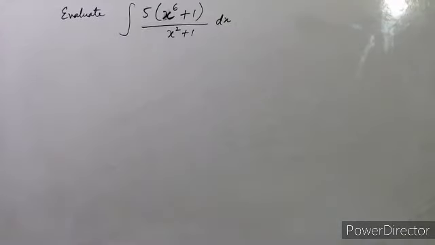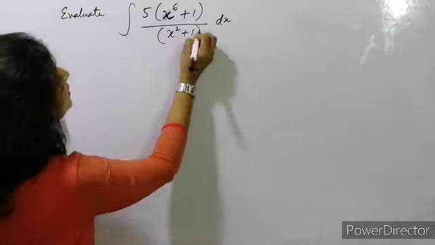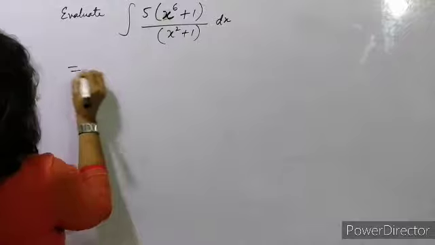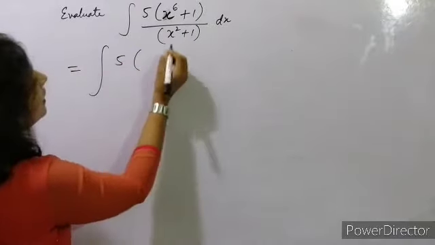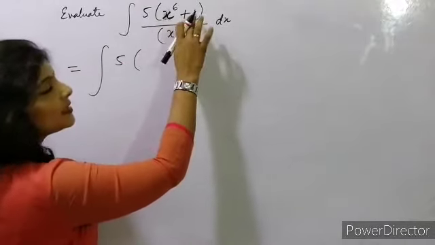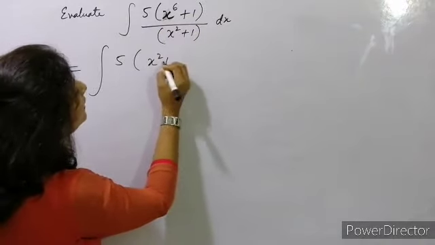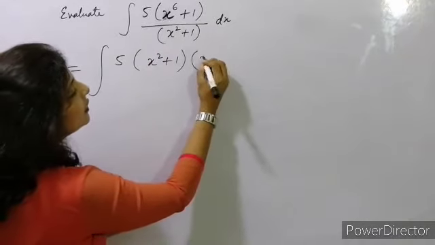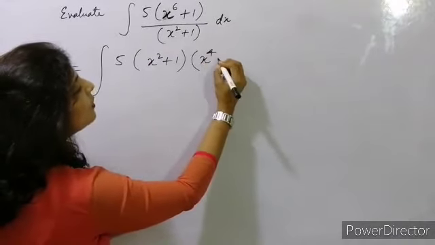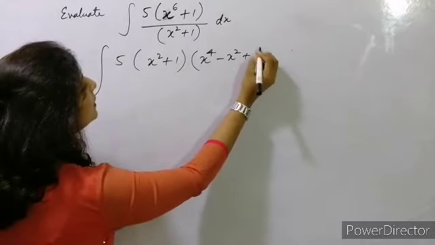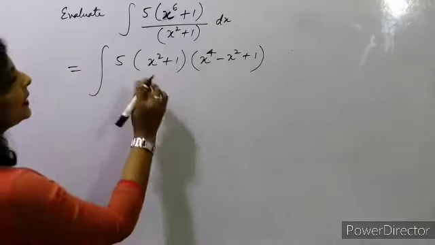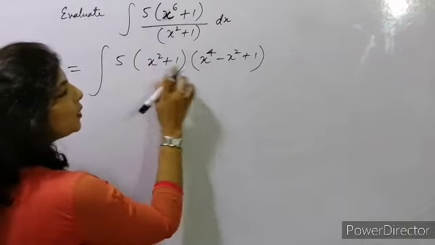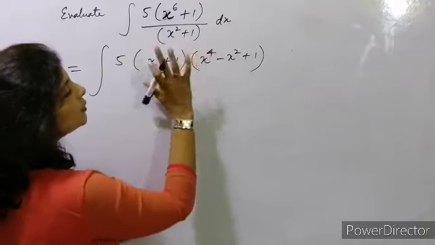Okay, so we have another kind of question. In this question, we have to find the integral of this function with respect to x. So what we are having here, can we write like this, x to the power 6 plus 1 को we can also write, we can break. So क्या होगा, x² plus 1, तो x to the power 4 minus x square plus 1. अगर हम इससे multiply करेंगे what value will we get? See, x² into x to the power 4, that will be x to the power 6.